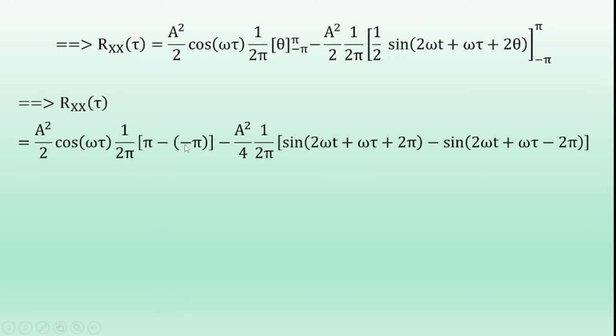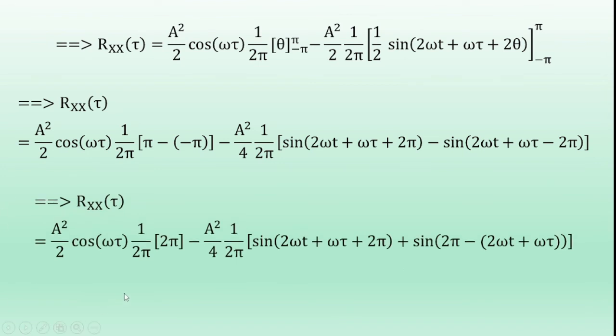Minus into minus is plus, so 2 pi, and in the first term the 2 pi in numerator and denominator cancels. A square by 2 into cos of omega tau into 1 by 2 pi into 2 pi, minus A square by 2,